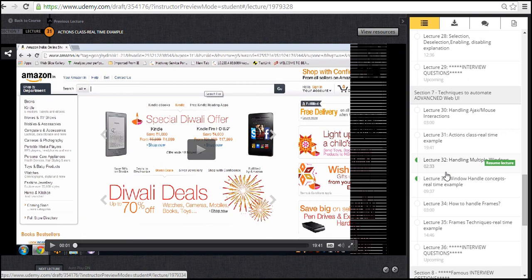So on clicking, if another window gets opened, WebDriver will not have knowledge of the window which is opened in another tab or window. So you need to specify to WebDriver to switch to that window. For that, the command you use is driver.switchTo().window, passing the ID of that window as the parameter.